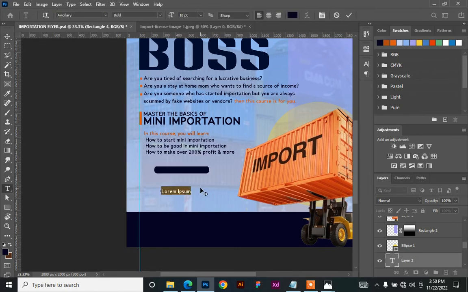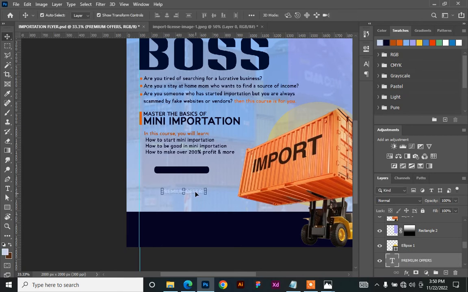Type premium offers, right? I'd like it to be a little bit white, not exactly white. Now move it here, select both of them, move them up a little bit, and then I would also like to create another shape,